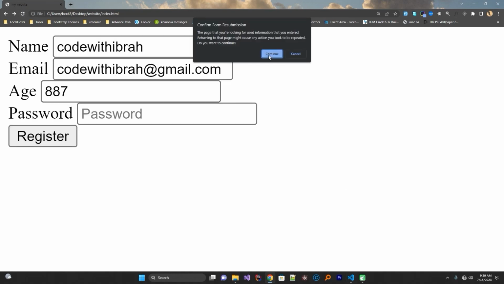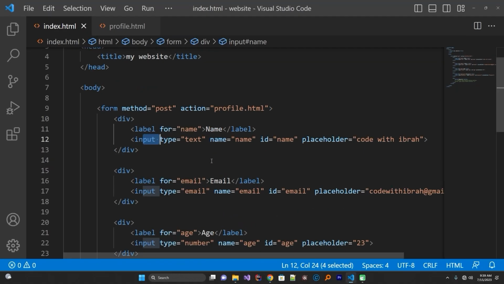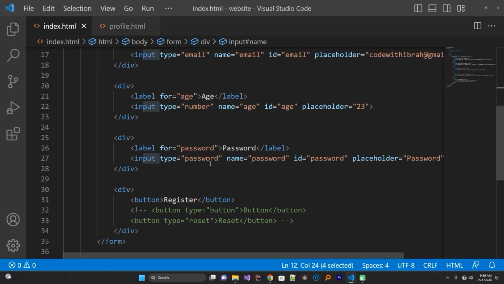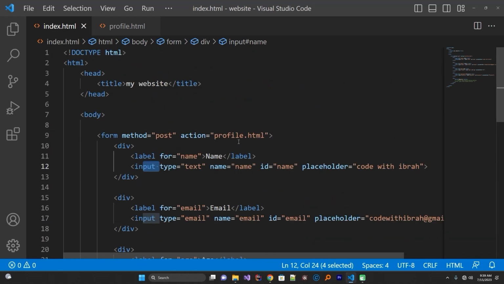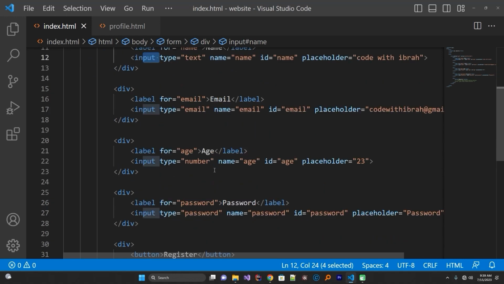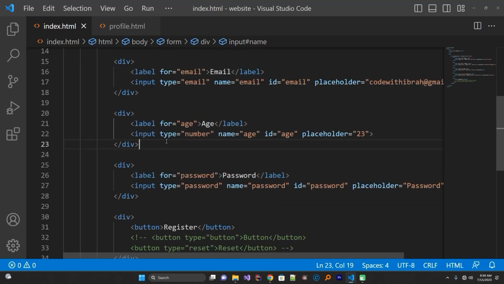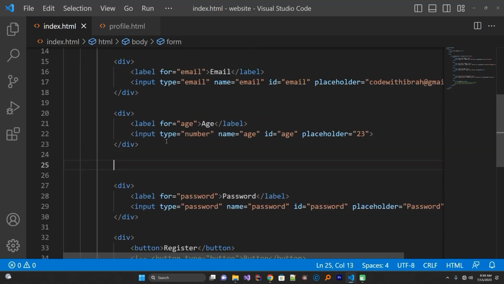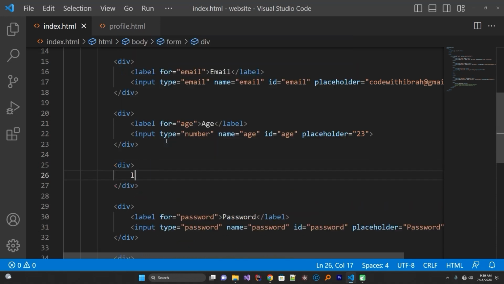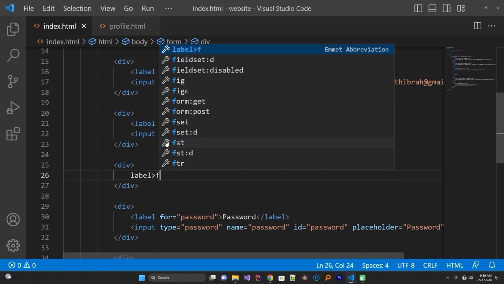And also let me go back to the form and see something else. All right, I think for now this is what we need. There are so many things, but I think for now this is what we need. But then I would like to add one particular thing so that you will be fine. So label